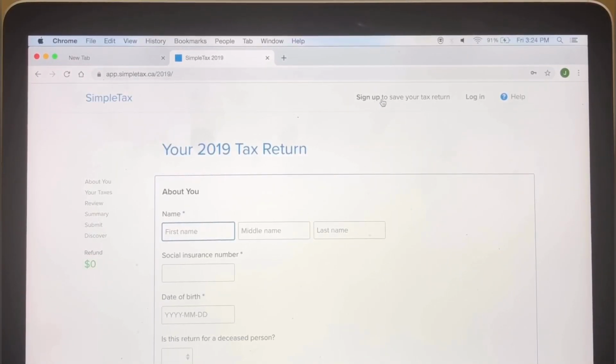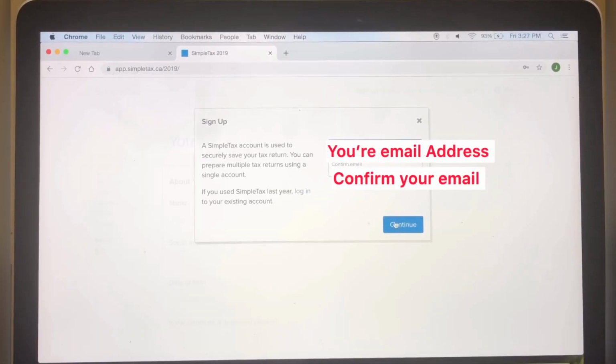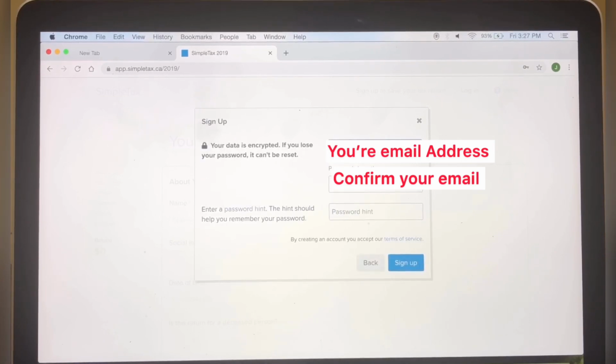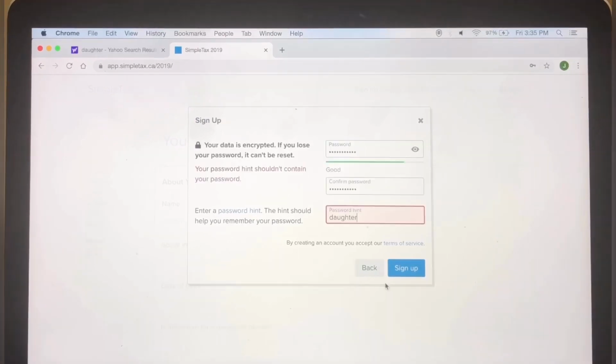So sign up to save your tax return. You have to enter your email address and confirm your email address. Once you've done that, continue. It's going to ask you for the password. After you've done your password, click sign up.